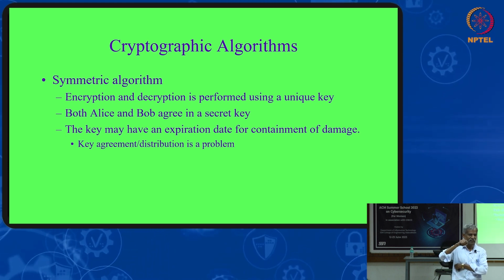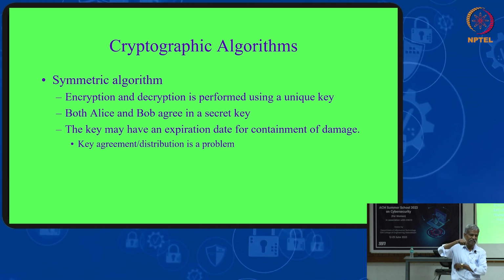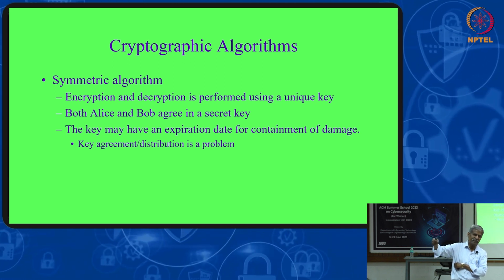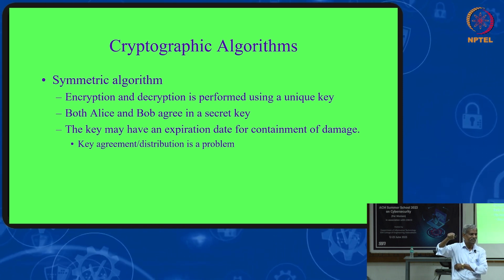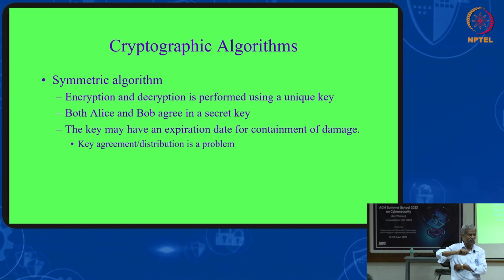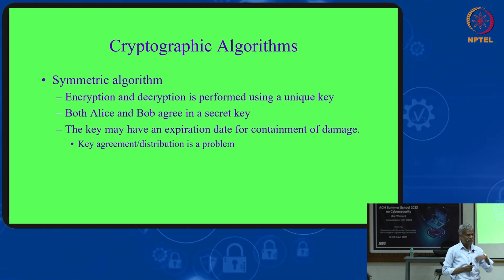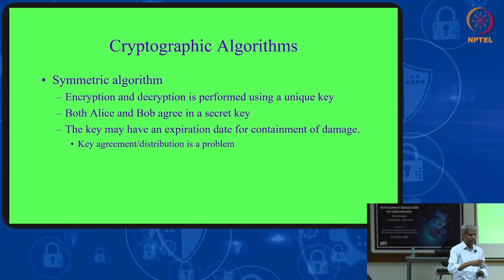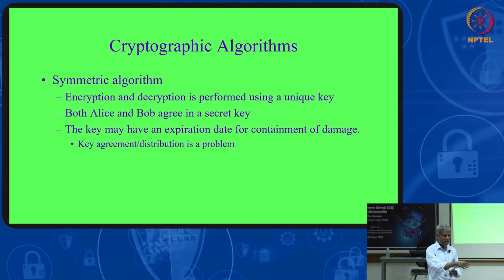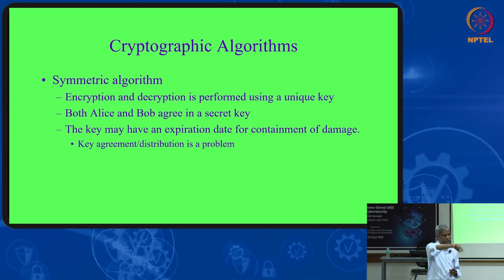While encrypting, g power x, then the other person will be doing power y, g power x power y. The Diffie-Hellman key exchange we do like that only. For example, I know x, you know y. Both of us know g. I find g power x, you find g power y. I send you g power x, you will be raising the power to y, so g power xy.